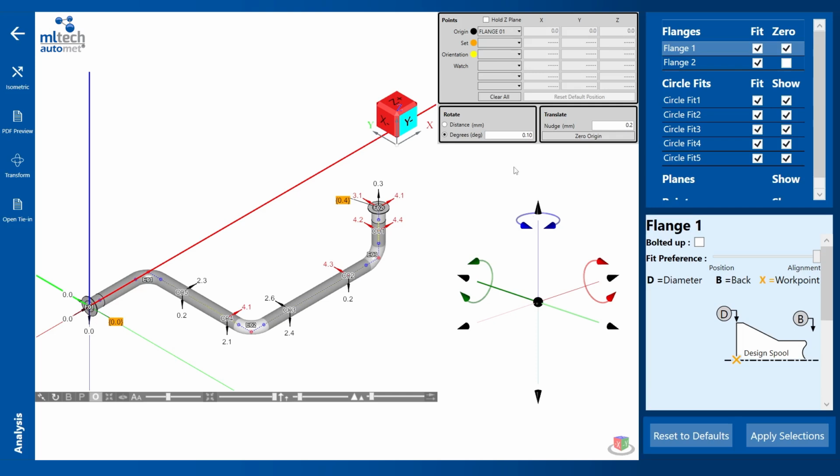We can rotate the survey results over the design using this box and these axis tools. We set the rotation amount in millimeters or degrees here. With the example survey on screen, we are going to try to rotate out the errors at Flange 2 by